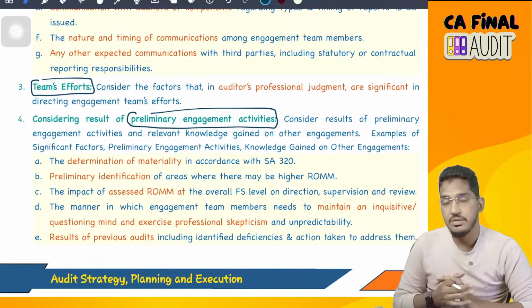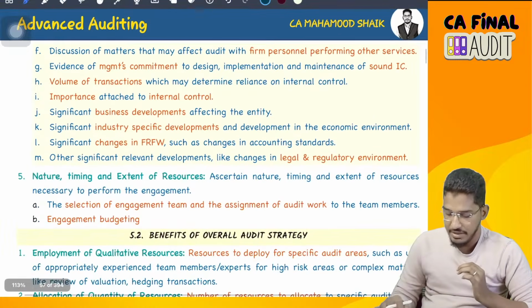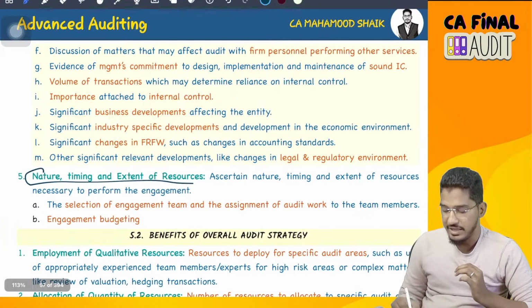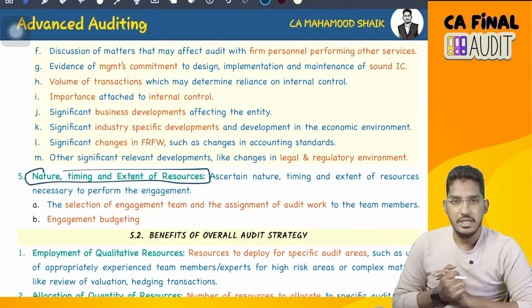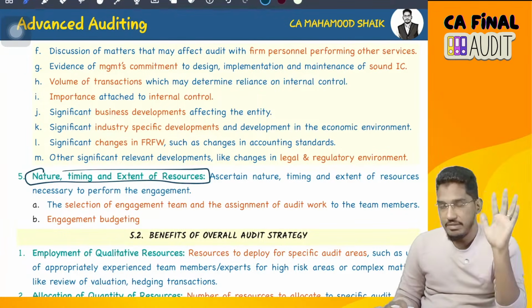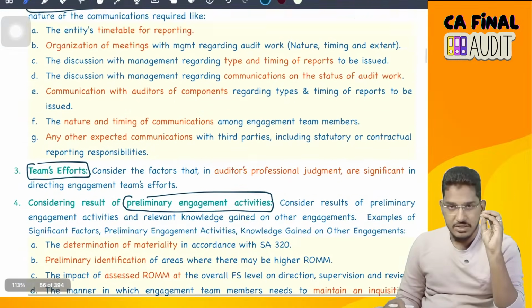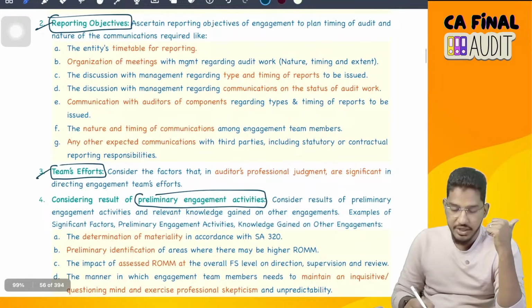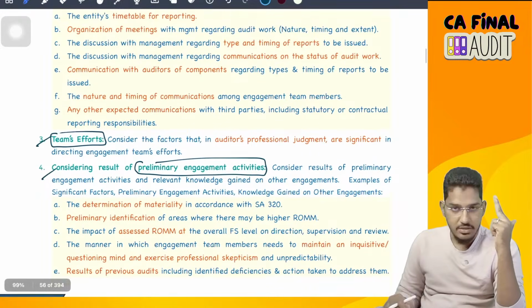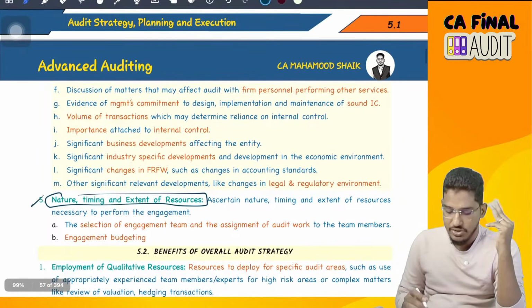I will consider the results of that preliminary engagement activities, and even I will pay attention to nature, timing, and extent of the resources which I have. So while establishing overall audit strategy, I will consider 5 factors. What are they? Repeat everyone. Characteristics of the engagement, reporting objectives, team's efforts, considering the results of preliminary engagement activities, and nature, timing, and extent